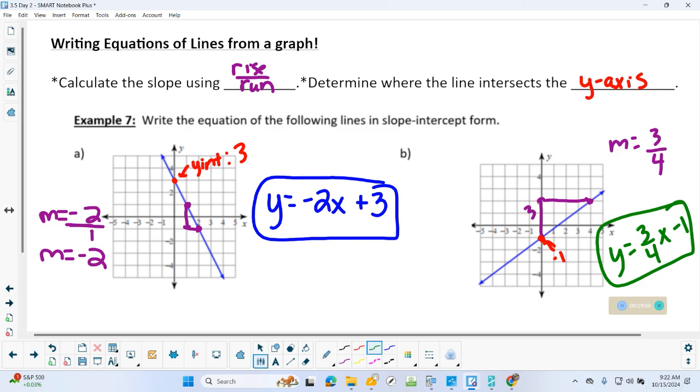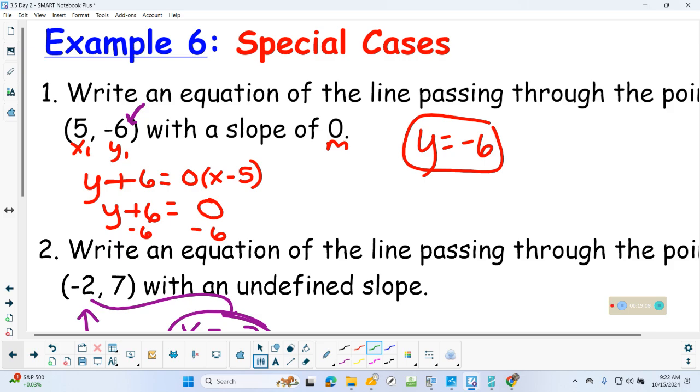So probably, I don't know, I don't really think I taught you anything new today, but this might be the only kind of new stuff, these tricky ones with the 0 and undefined. I think the rest of it's probably pretty